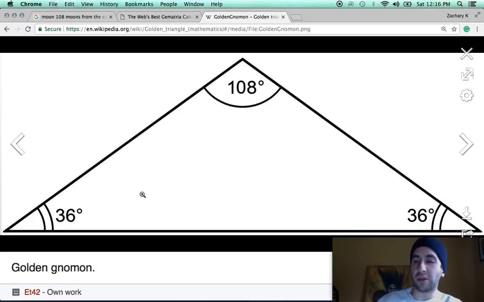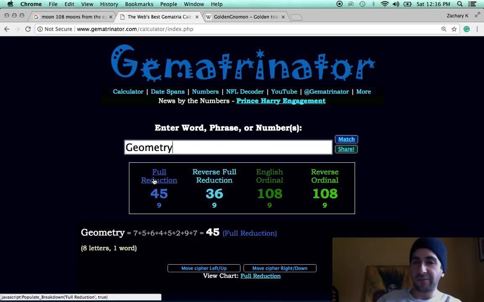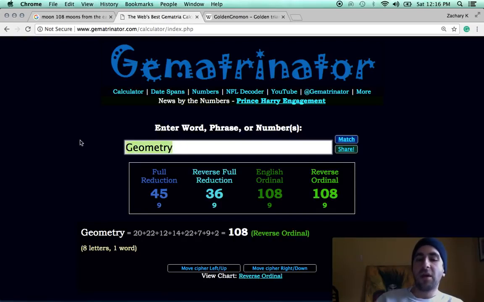this right here is one of the golden triangles, the golden gnomon. Pythagoras was particularly fascinated with this triangle and all of its mathematical relationships. Notice it has a 108-degree angle as well as 36. And lo and behold, this is coded into our language. As for the 45, this number,